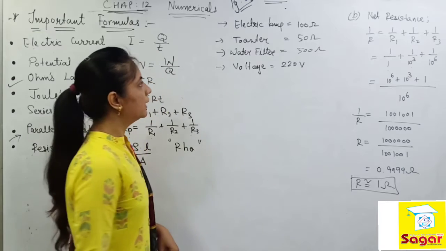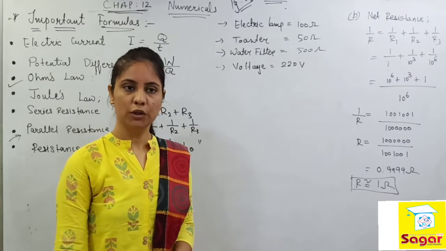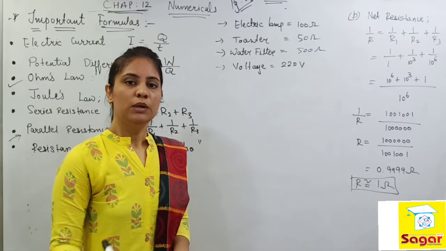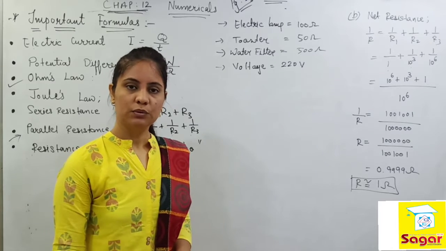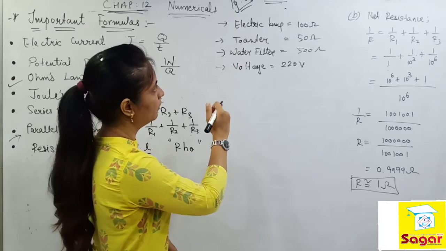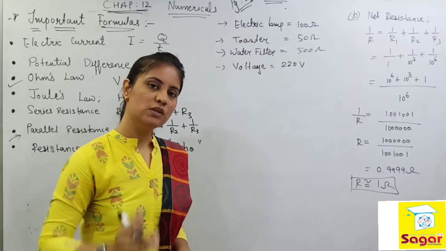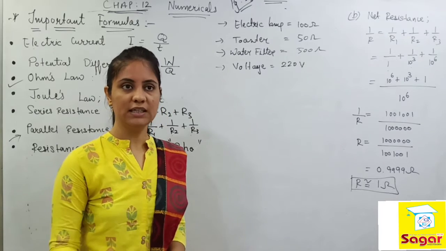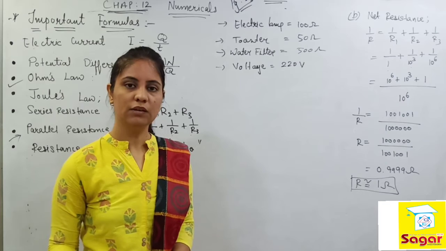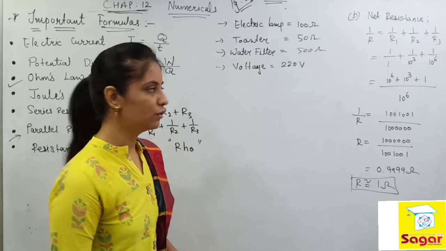It's commendable, and that is a request to everyone: whenever you go with any kind of numerical problem solution, I would advise you to very first write down the net data, meaning whatever data are provided in the question. Mention it very clearly first, so it will be very easy for you to see how many things are given and what we have to find out.